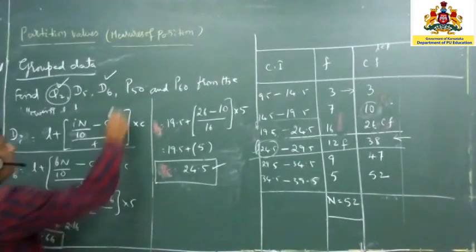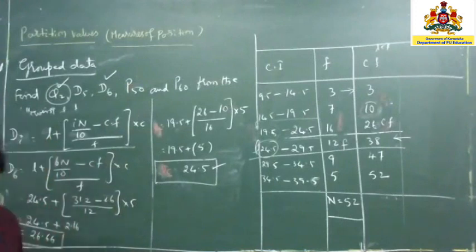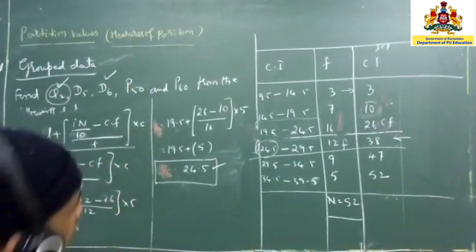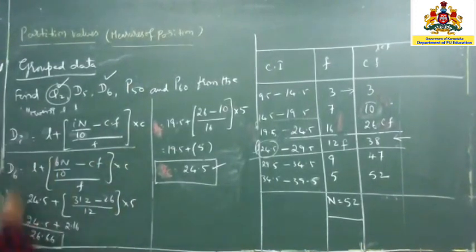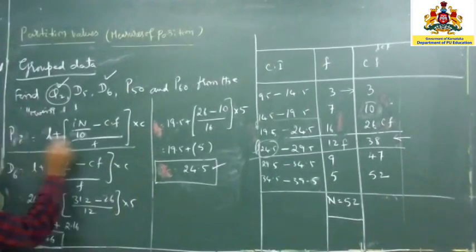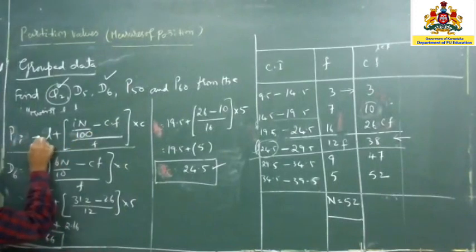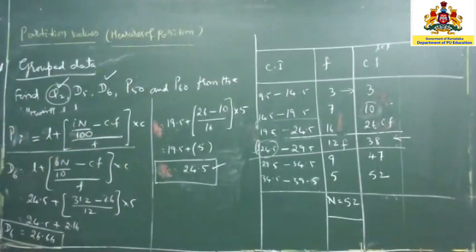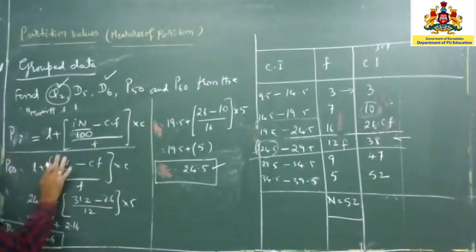Now what is left out? The left out is P50. So now we will write up the P50 here itself. I am going to change the formula and write the Pi. Pi, P means percentile, is L plus I into N divided by 100, that's it. This is the formula. So what is the value we are going to get? We have to calculate P50. P50 in the sense, wherever I is there, 50 I have to write up.